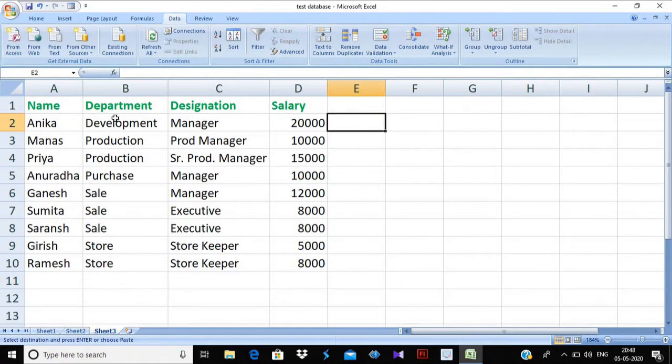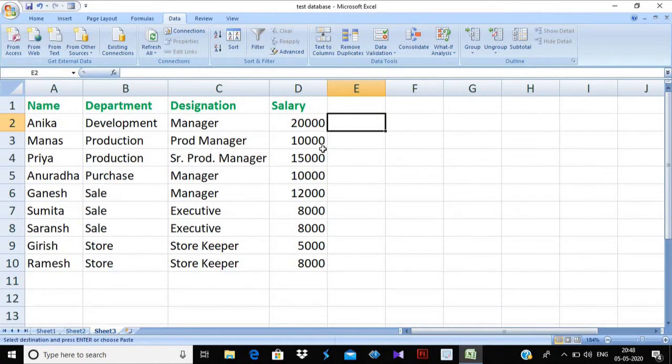Suppose you have this data, and you want to select only those employees who have a salary equal to 8,000. Suppose these three, number 7, 8 and 10, have a salary of 8,000. If we want to extract the records of these three names, we can easily extract them with the help of advanced filter.